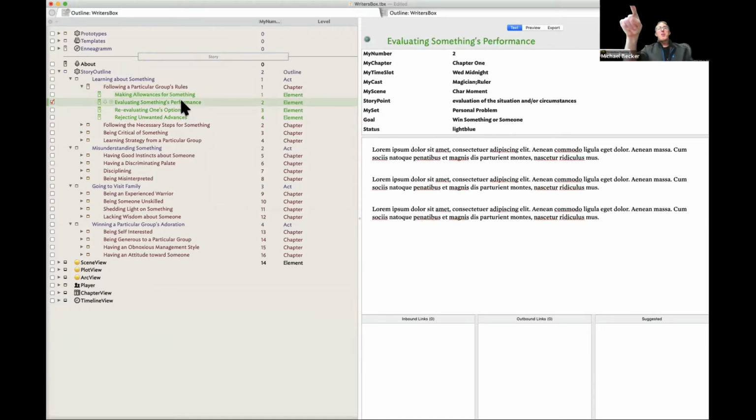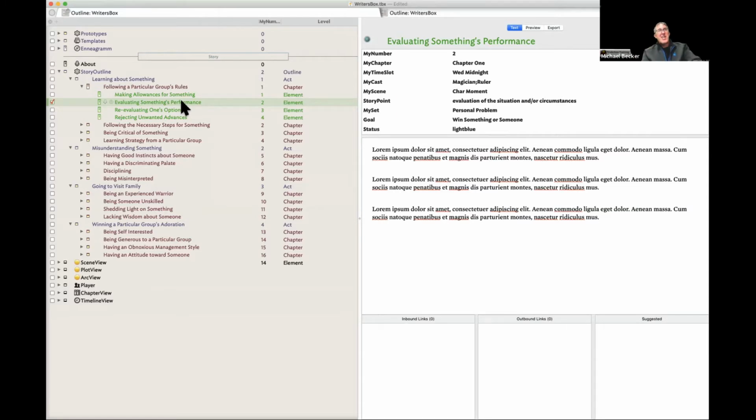So you'll see here my number is 2. You easily could have called that my scene as well, or scene number, or whatever label you wanted to put on that. And so you've effectively gone through and organized your notes and used the attributes to give you some actionable insight that you could draw upon to look at your data through a variety of different lenses. And as you mentioned, for you, the outline view is a very powerful tool for your ability to work with your data.